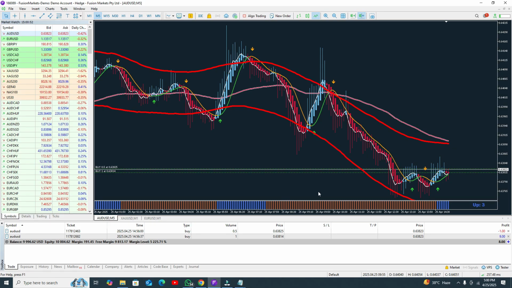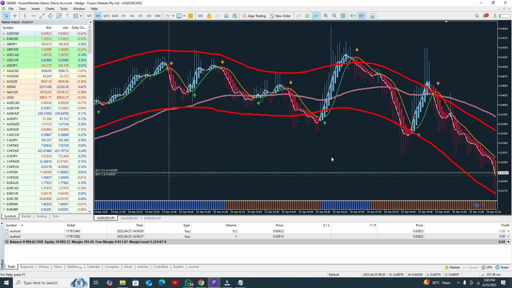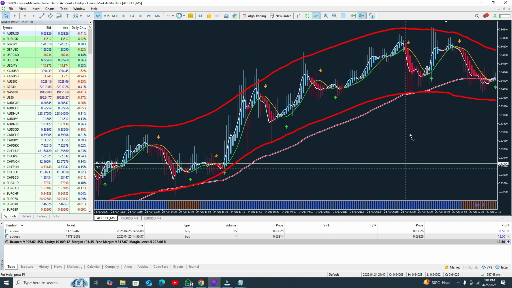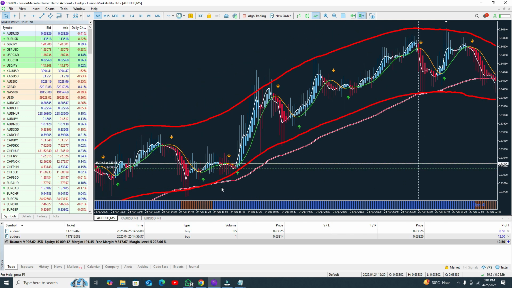Okay, this indicator is very important because this is the all-in-one indicator. Let me show you some more details here. You can see you need to open your buy or sell position and close your trade here. Let me show you some more details. Here you can see the buy position, and you need to close your trade at this point. Here you can see this is another trade and you need to close your trade at this point.